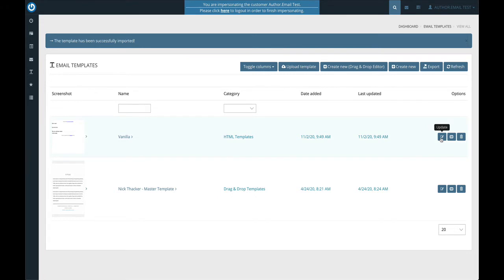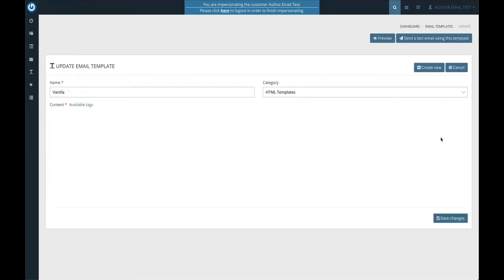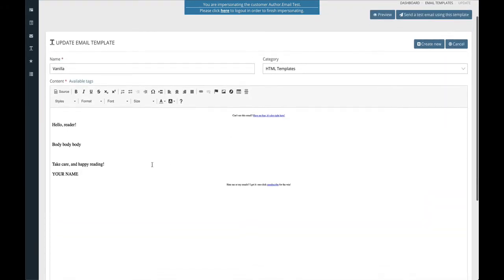Anyway, you can edit the template by clicking on Update over here on the right, and you'll see a very simple WYSIWYG, which stands for What You See Is What You Get editor. You're probably familiar with this. This editor is sort of the default HTML editor on websites, things like WordPress. It's a very simplified interface, and you can do things like select and make the text bold or italicize, change the font size,